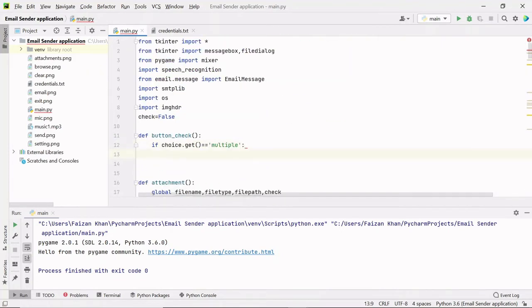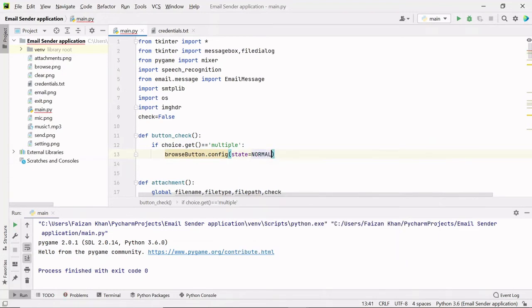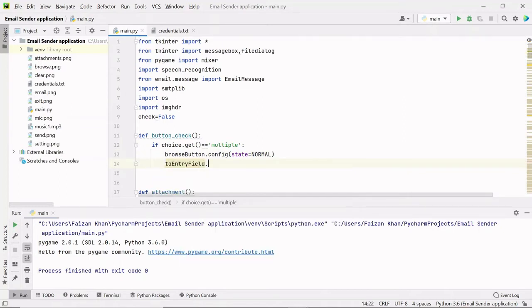Here I can now use that browse button dot config method, and I'll make the state back to normal, and then I will make the state of the to entry field read only. So I'll use the to entry field dot config method, and I'll make the state read only, right?